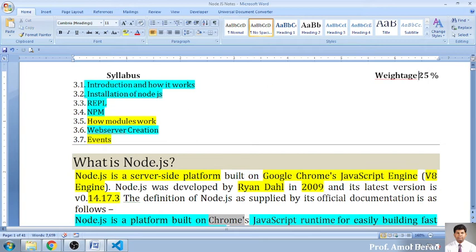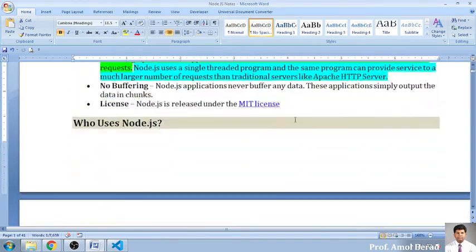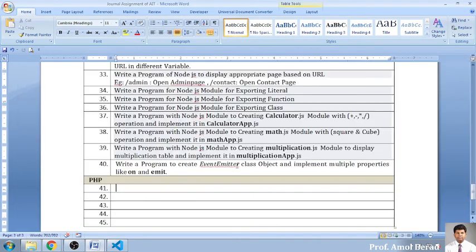The weightage of this chapter is 25%. So out of 50, 25% marks will be 10 to 12 marks, which may probably be asked on this chapter, and this is what the execution chapter is. I will be declaring this chapter as completed. Up till now, is it clear to everybody? Yes or no?